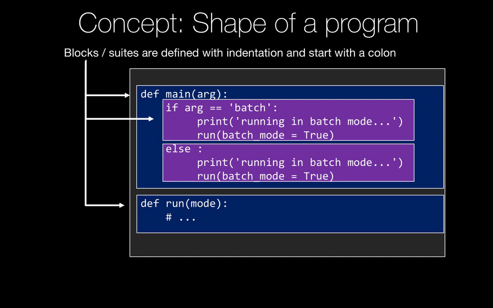Everything you see on the screen that is in a square, the gray square, the blue squares, the purple squares, those are all separate code blocks, sometimes called code suites, in Python that are executed in some particular manner. The blue blocks are functions that are executed when the functions are called. The purple blocks are if or else blocks that are executed depending on whether the argument is batch or something else. The key thing that defines code blocks in Python, which makes it quite unique in this regard, is white